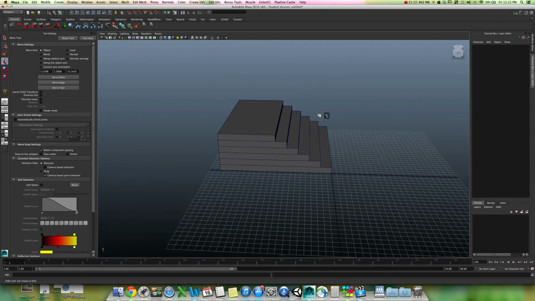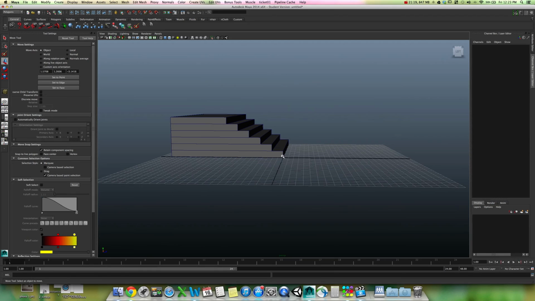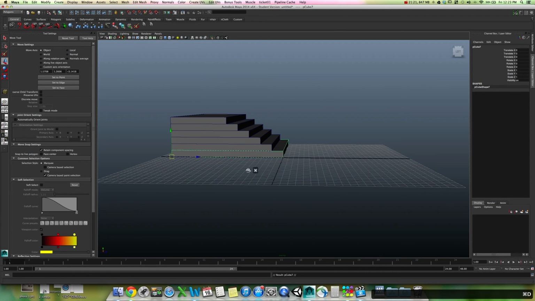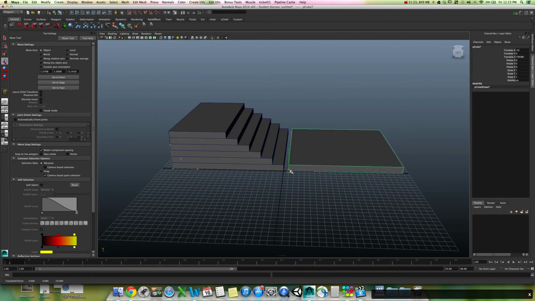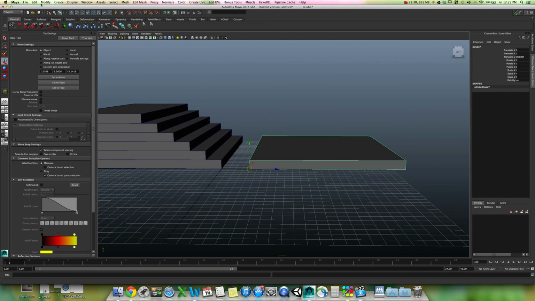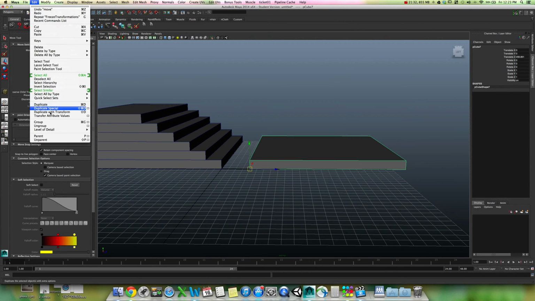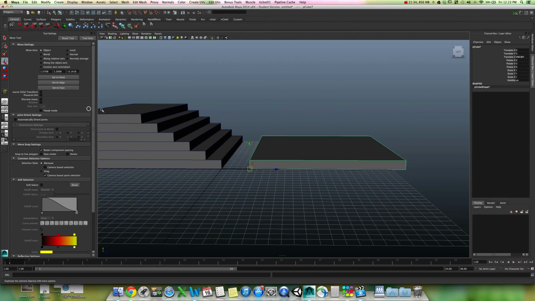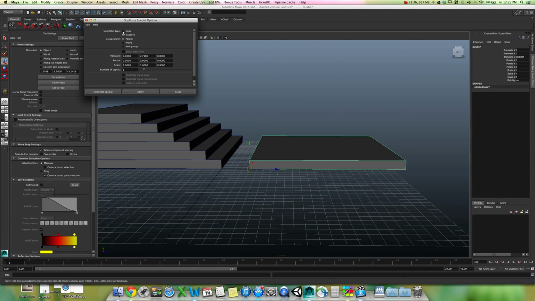Now, could I have done this a little faster? Yes. Well, I'm just going to duplicate this so I can show you another technique in building complex pieces like this. I'm just going to offset this a little bit. Now, let's go to Edit, Duplicate with Transform. We never want to do more work than we have to, or duplicate special. So now we can say our translate. Remember I copied that value? Alright, so every time I translate by 12.9040, it's going to stack this object right on top of this object